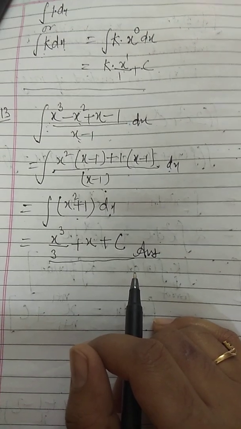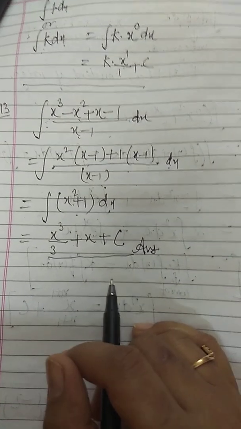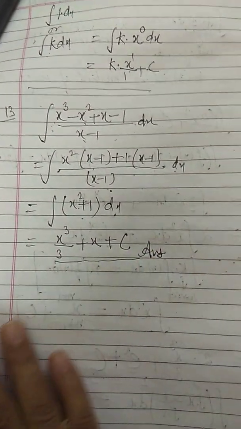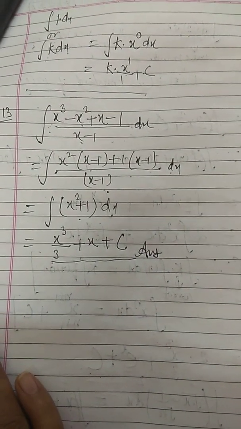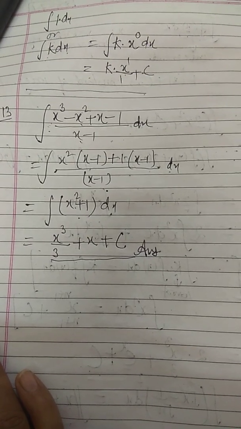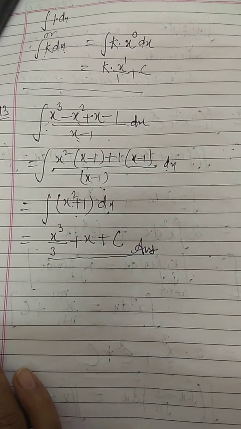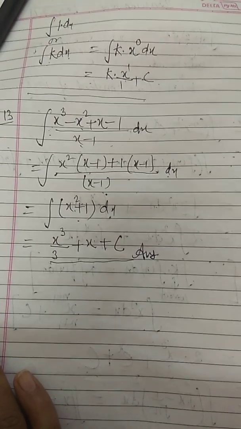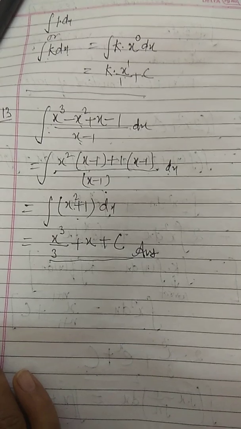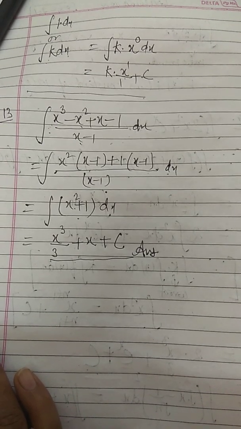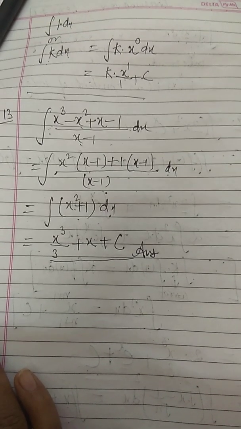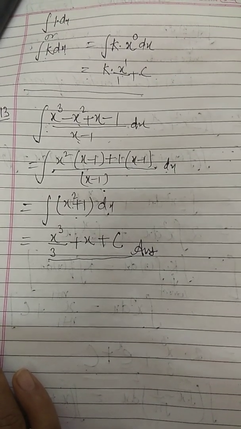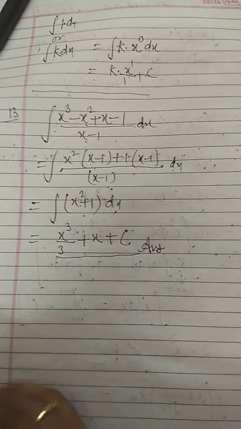So let us do the simple trig functions, 1 or 2 sums, so that you people can complete it. Sum number 14, again you will simplify the function, that means we will multiply root x with both the terms. So root x into 1 will be root x, and root x means x power 1 by 2, minus x into root x, which can be written as x raised to power 3 by 2. So again we will apply the power rule, increase the power by 1 divided by the increased power. Sum number 15 is also the same.